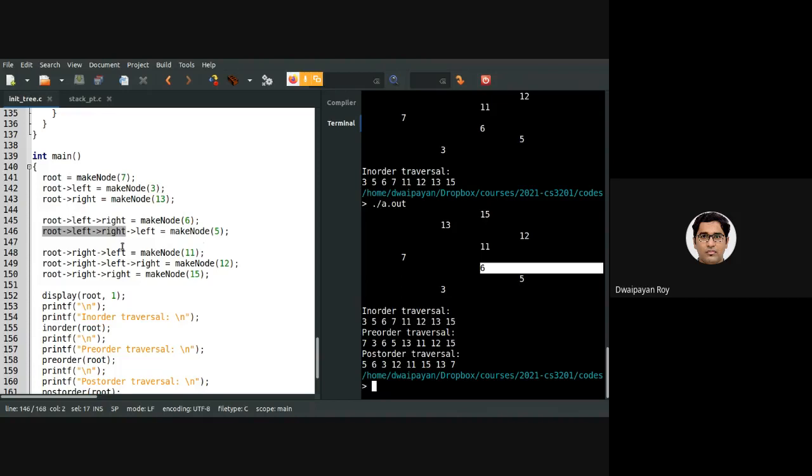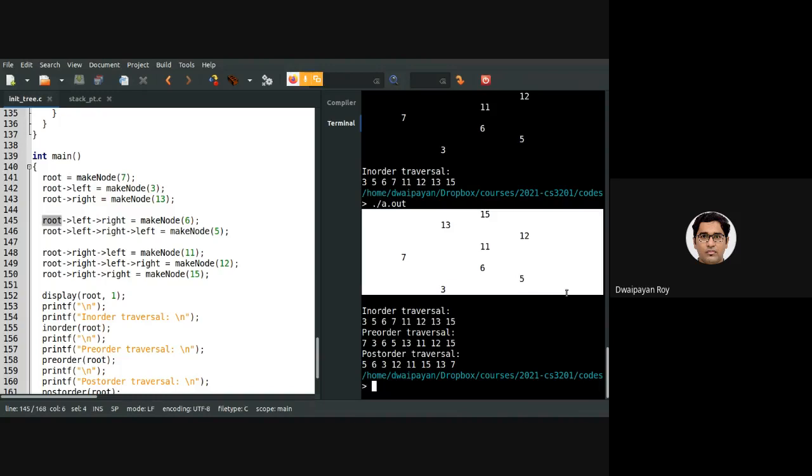Here I am forcibly specifying root, but if I want to add another number, say 10, as the right child of, say, 17, from this tree, you can see there is no 17 here.